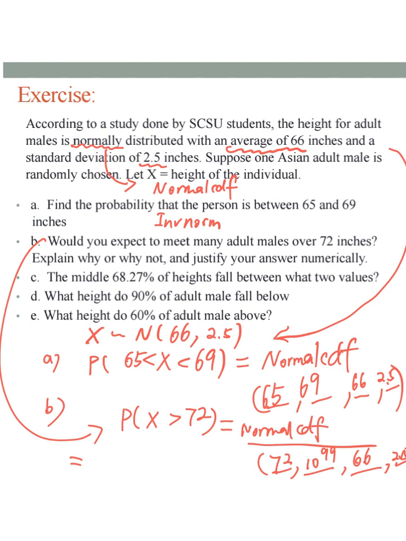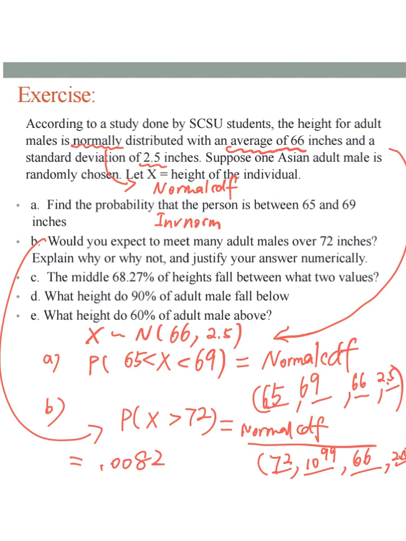X bigger than 72. Is mean equal 66. Okay, so my calculator gave me this output. When x bigger than 72, it gives me this output,